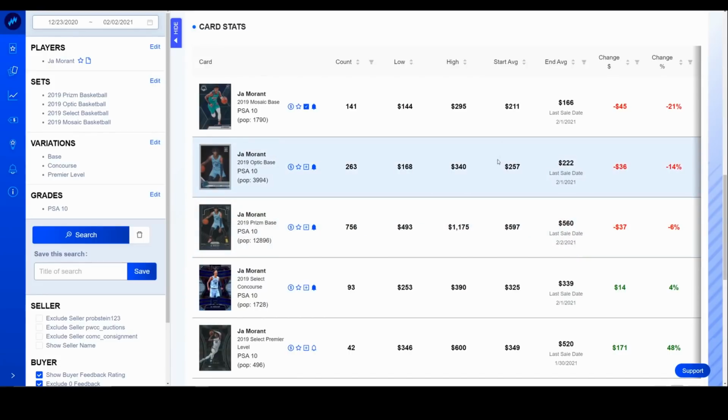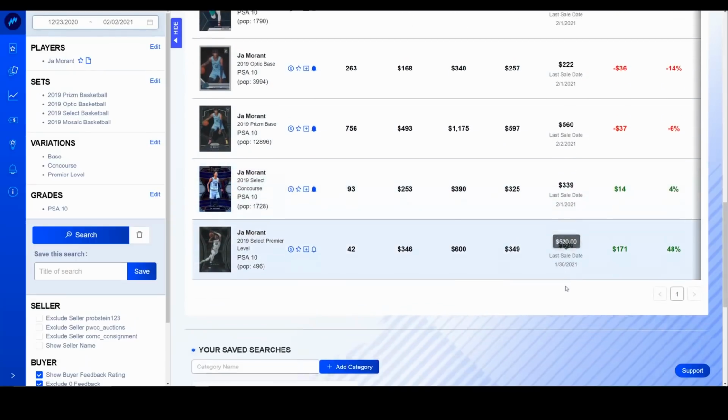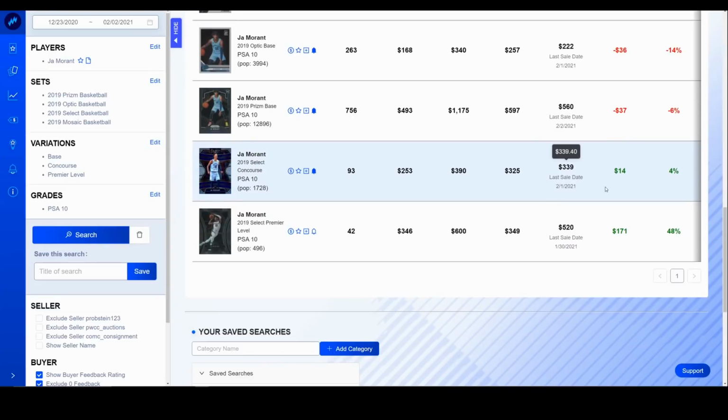Optic down 14%. Mosaic base down 21%. So we see the same thing. Prism's hanging a little tougher than the other two, but let's go down to Select. Select Concourse is actually up 4%, and Premier is up